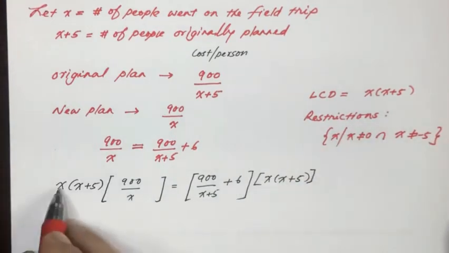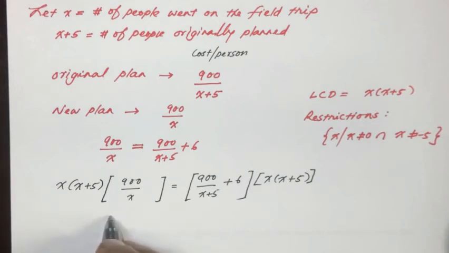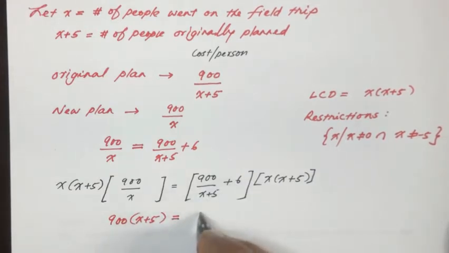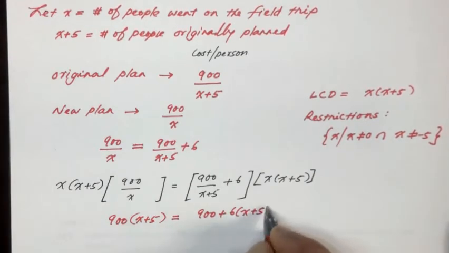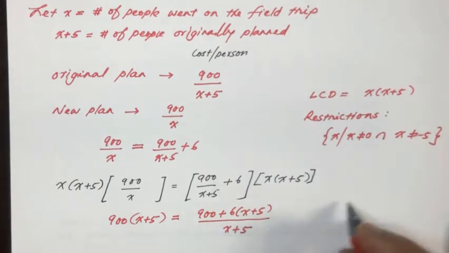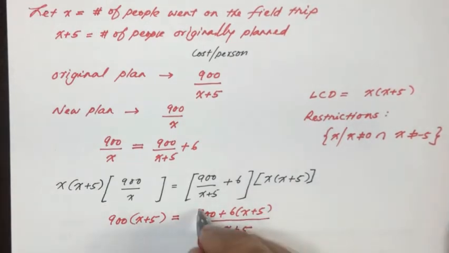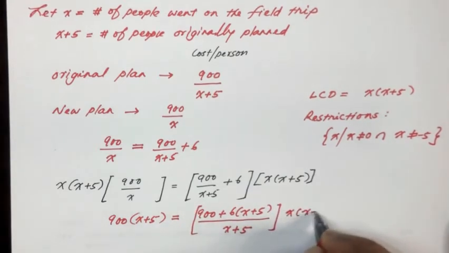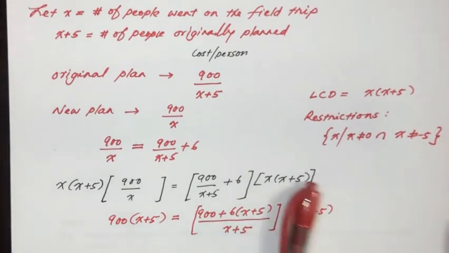When you multiply, the x is crossed out, and you get 900 multiplied by x plus 5, which is equal to 900 plus 6 times x plus 5, divided by x plus 5, multiplied by the least common denominator, which is x times x plus 5. So when we rewrite it,